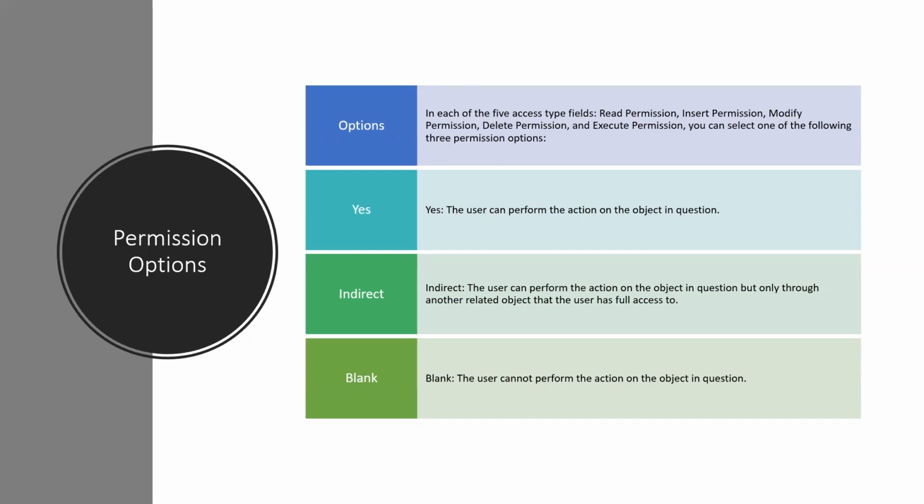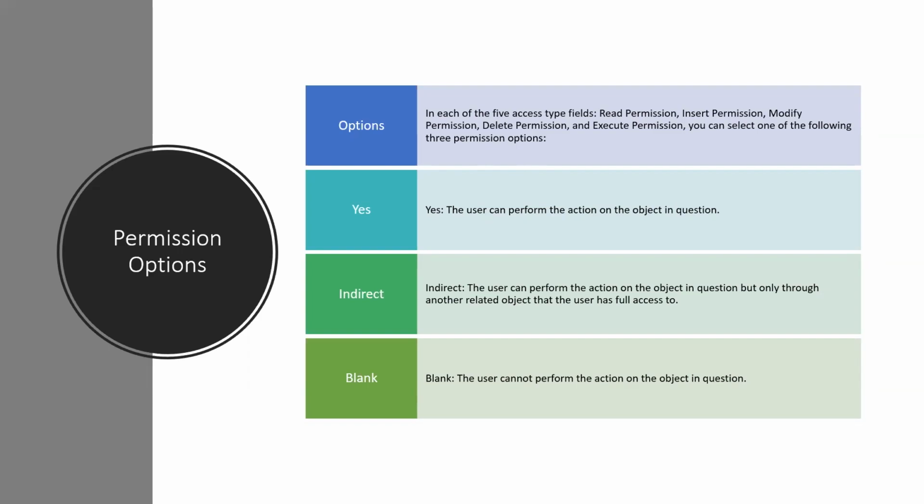Let's talk about the customer. You could add a permission and block anyone to read, to insert a customer, to modify or delete customers, right? An executing permission would be more related to, for instance, generating a report, opening a specific window, or posting an invoice, so you select them. Now, in the second line, we have